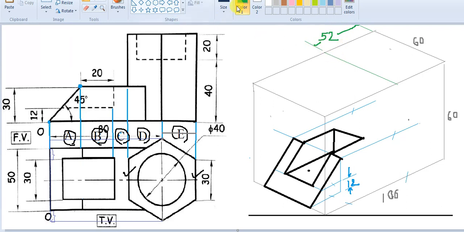The very first thing that we are able to draw right now is this line of 30 millimeter. A similar parallel line of 30 millimeter on this side.